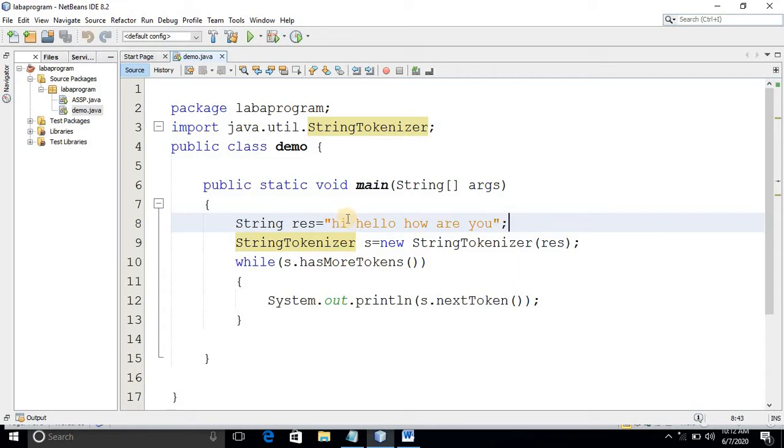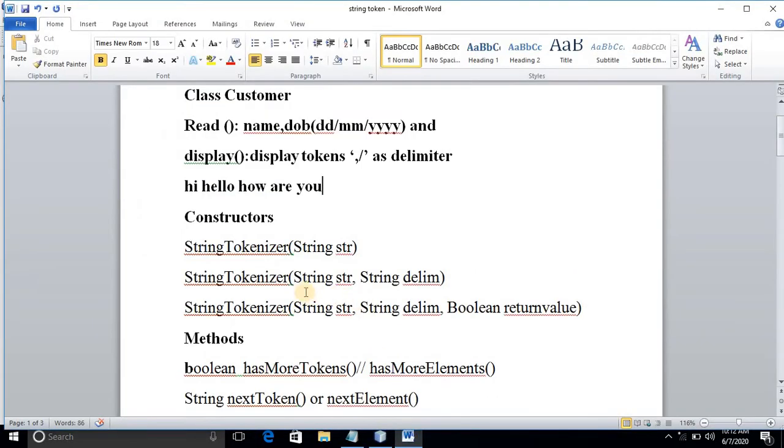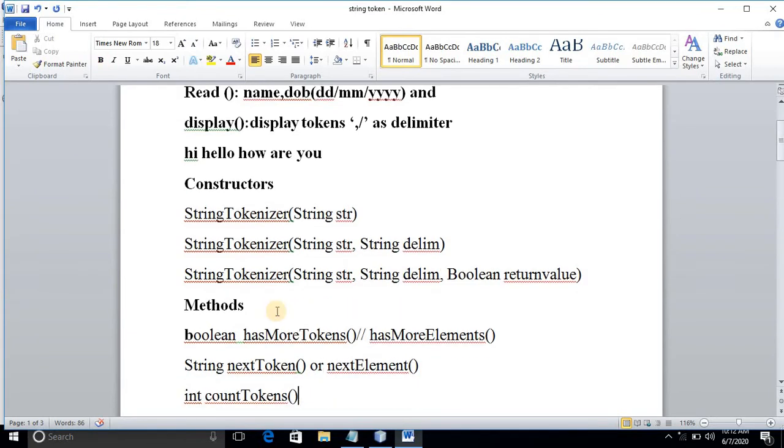Till it finds a space, it will break into a token. Hi is one token, hello is one token, how is one token, are is one token, you is one token. It will break like that. I'll come to the remaining two constructors later. First I will teach the methods, then I'll come back to this.